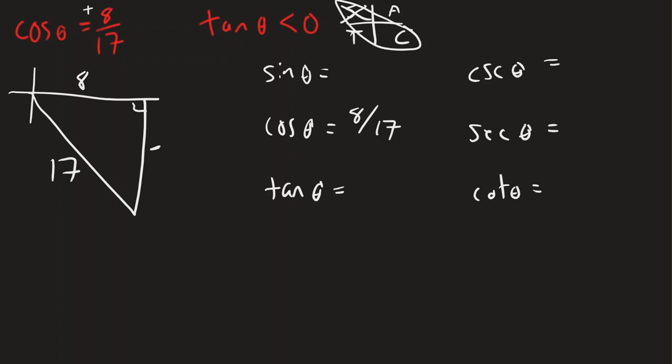Okay, so let's review that again, because I think that might be the hardest part of this question. Why I knew that theta had to be in quadrant 3. Cosine is positive 8/17, and everything's positive in 1, only sine and its reciprocal in 2, only tangent and its reciprocal in 3, and cosine and its reciprocal in 4. So this could be in 4 or in 1, but with tangent to be negative,